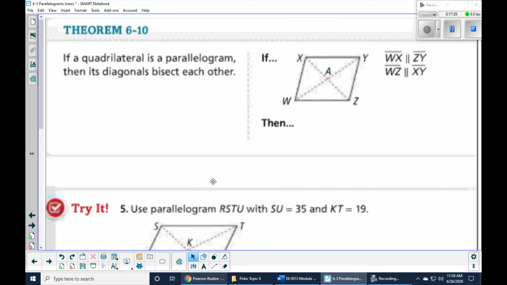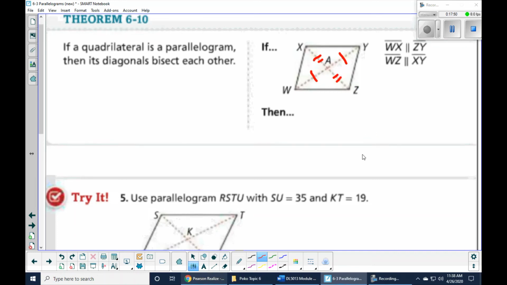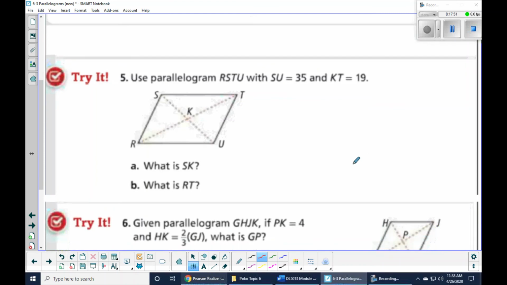All right, so just a couple of things to finish off with. I know this has been kind of a long video. In a parallelogram, the diagonals bisect each other. So that means this part and this part of this diagonal are equal. This part and this part of the diagonal are also equal. So going down to a couple of these questions,